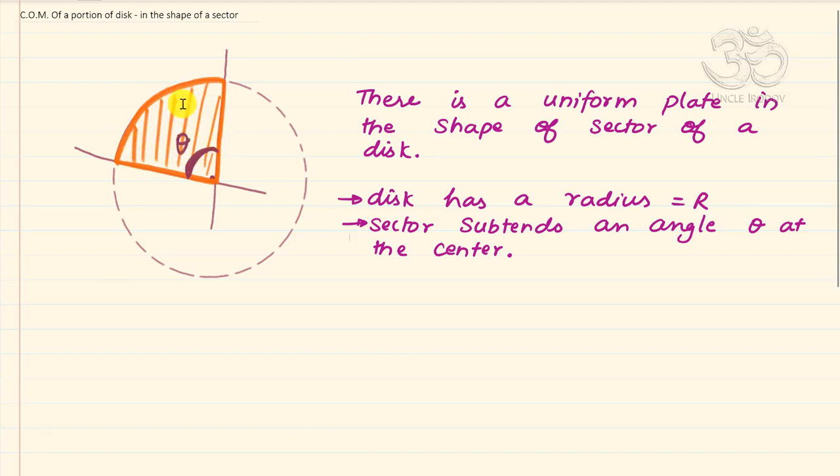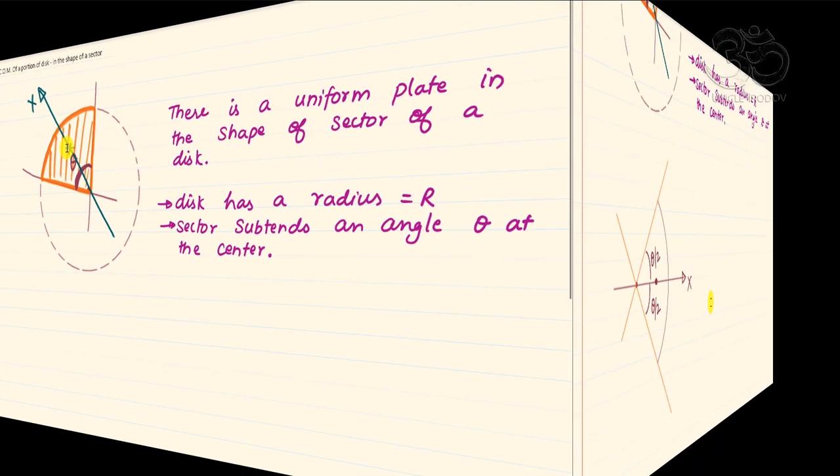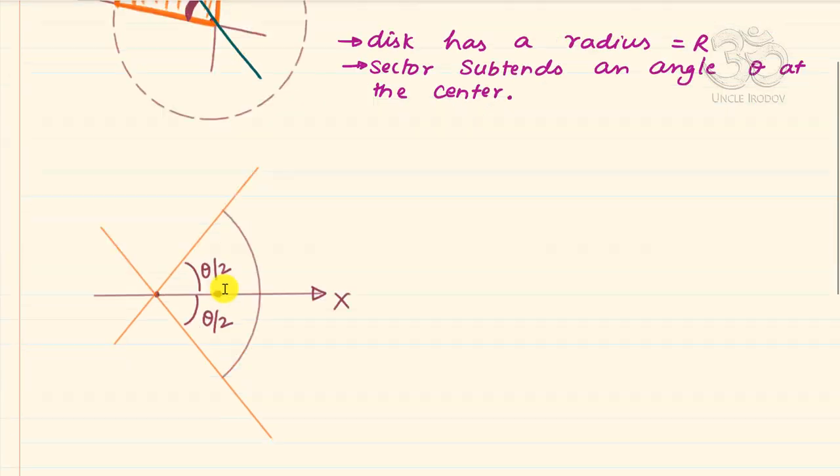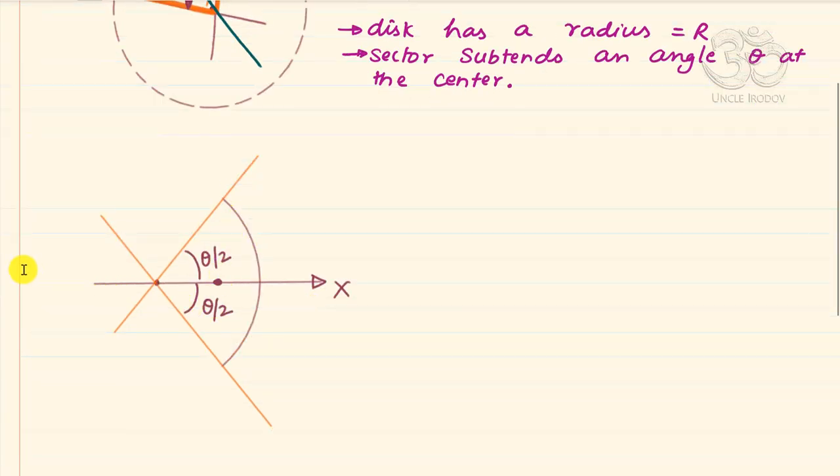To find out the center of mass of this sector of a disk, first we will take advantage of the symmetry of the situation. We will draw one axis of symmetry here. This axis of symmetry will be a line that goes like this, maybe this green colored line, and we can take that as the x-axis itself. We will then say that the center of mass should lie on this green colored line somewhere, that green cross. What I've done is I've just realigned this sector of a disk to look like this, such that the axis of symmetry is now the usual x-axis.